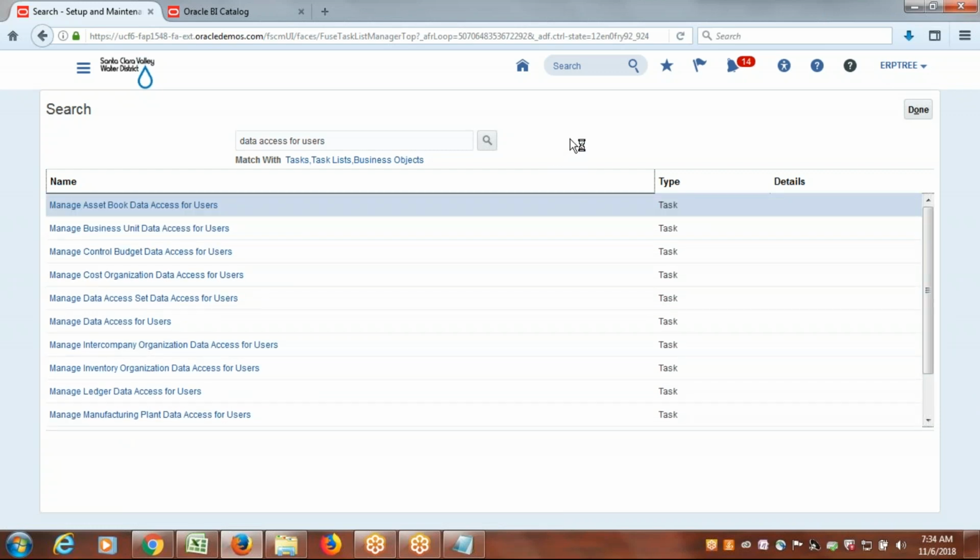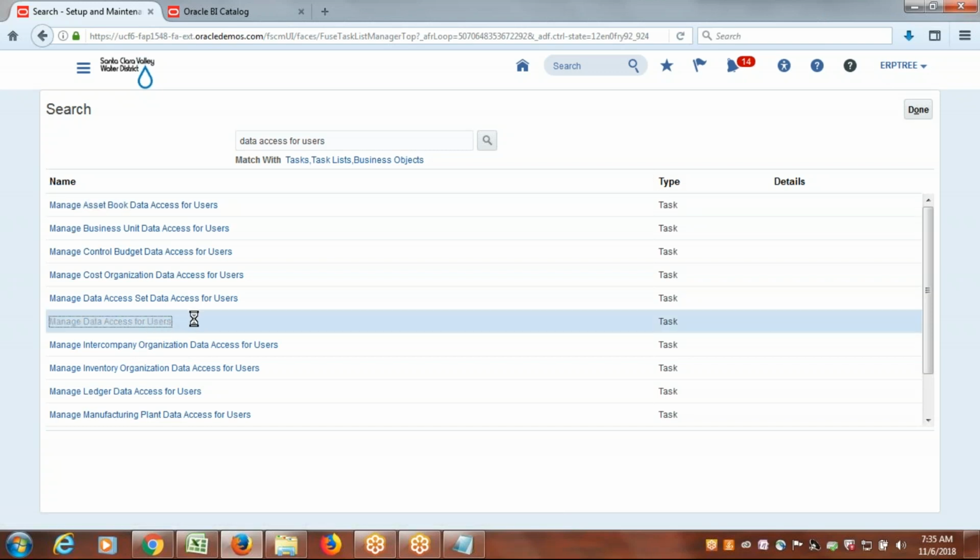You don't need to go with a different task. A single task you can use for any sort of mapping, that is manage data access for users. Whatever you could see here, the business unit mapping or asset book mapping, cost organization data access or intercompany, inventory organization or ledger data access, any data access you can provide with this single task. You don't need to search for the appropriate task. For anything you want to assign to your roles, it could be business unit or inventory organization or cost organization or anything, this task would be enough. Just click on manage data access for users